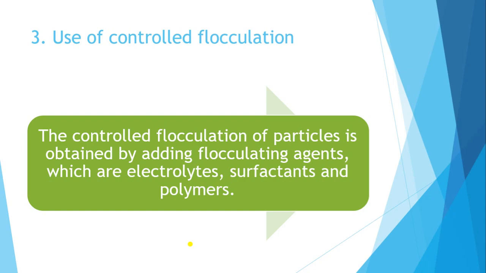See this suspension, what happens? The solid particles are well dispersed in the dispersion medium, that is the vehicle, and we can improve this dispersion by adding a flocculating agent. We add a surfactant or protective colloids, and these act as flocculating agents. How do these flocculating agents act? They reduce the surface tension, and by reducing the surface tension they improve the dispersion of the solid and maximize the flocculation. This is controlled flocculation.